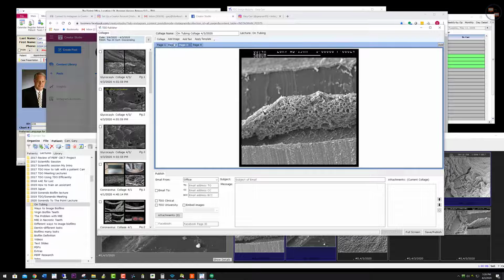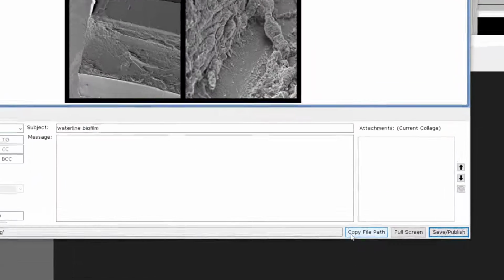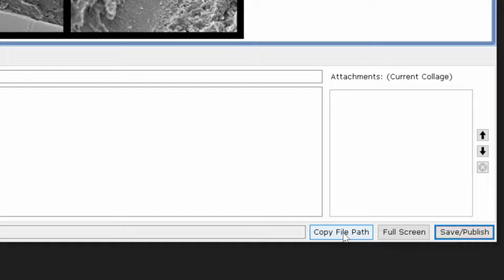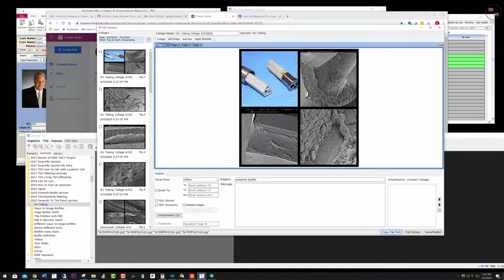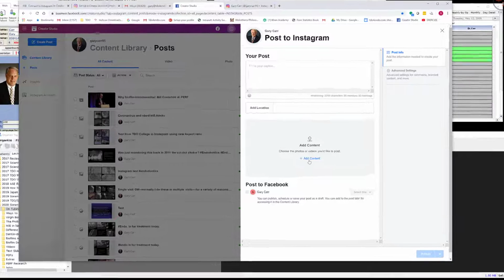So now you have pretty much what you want, and in TDO you'll want to make a copy for it. I'm just going to call this waterline biofilm, and then publish it. When you publish it in TDO, you'll see a field will come up that says copy file path, and all you do is click that. Click copy file path, and then you can exit, and then you go to the create your post, add content